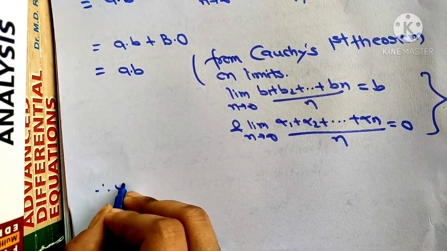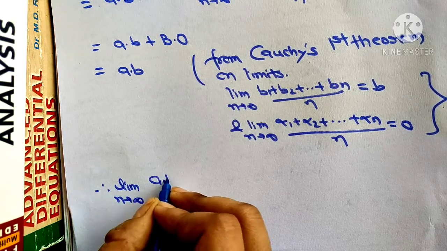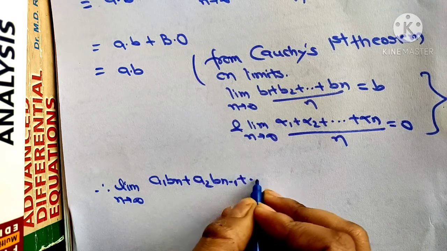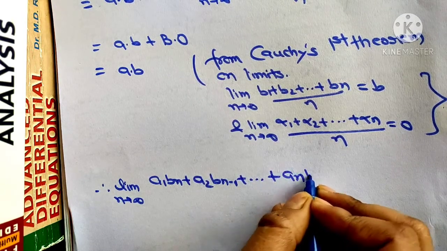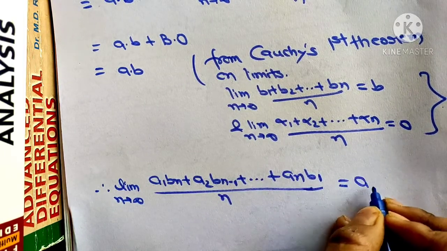Therefore limit n tends to infinity (a1bn + a2bn-1 + ... + an b1) upon n is equal to